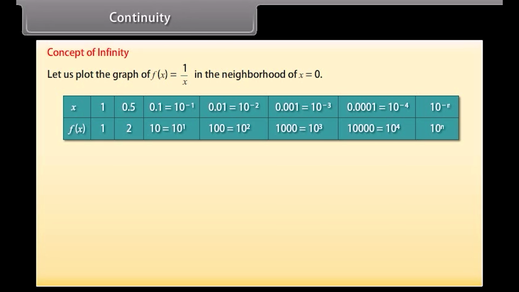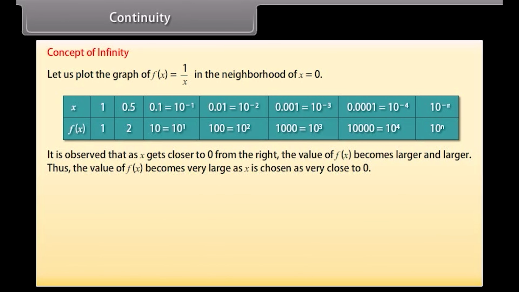For x = 0.01, f(x) = 100, and so on. It is observed that as x gets closer to 0 from the right, the value of f(x) becomes larger and larger. Thus, the value of f(x) becomes very large as x is chosen very close to 0. Symbolically, we write it as